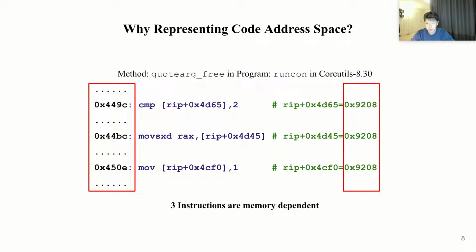Moreover, we observe that RIP relative addressing is frequently used to access global variables in position-independent code. Therefore, feeding addresses can help the model to learn the semantics of memory addressing. For example, consider the following instructions from a real-world program in coreutils. 3 instructions use RIP with different offsets to access the same global variable stored at 9208. By encoding the addresses of each instruction, we help the model infer the value of RIP and thus assist reasoning